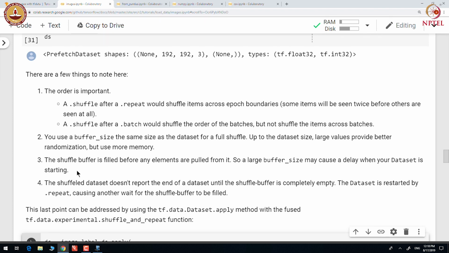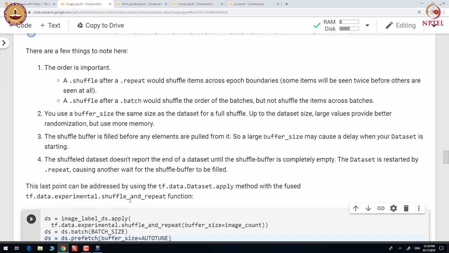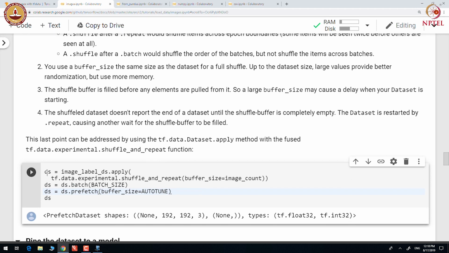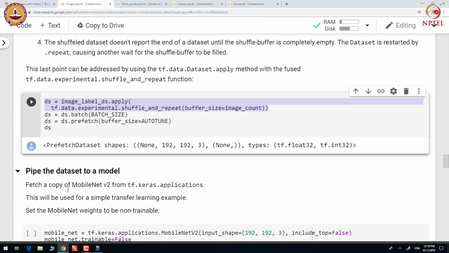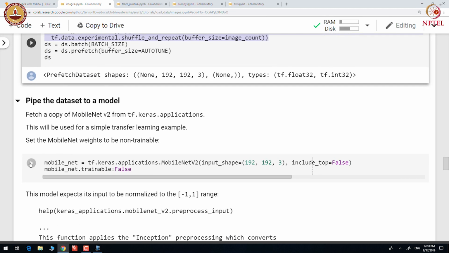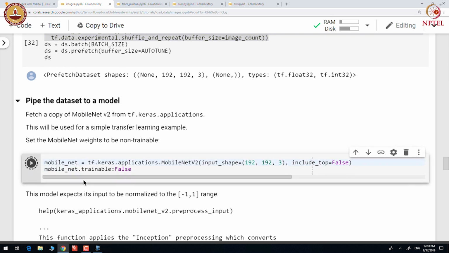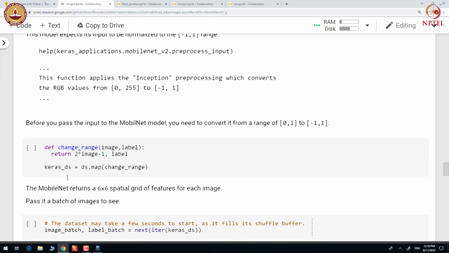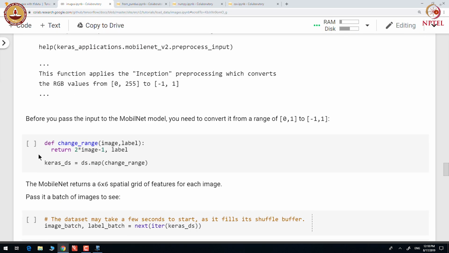So, we use the dataset.apply method to address the last point, and we fuse it with the shuffle and repeat function as seen here. Finally, we pipe the dataset to the model and train the model.